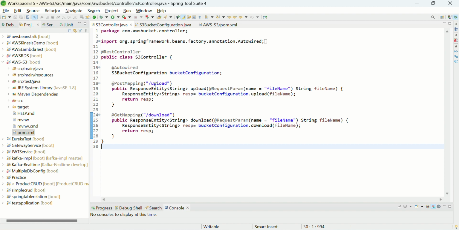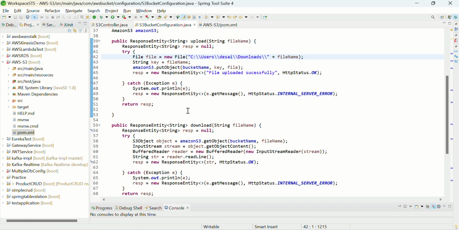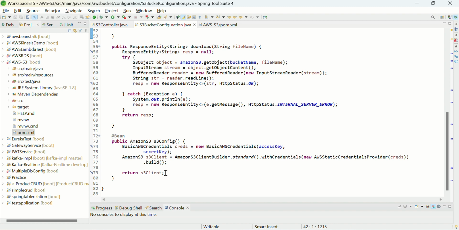So I've created two controllers, one for upload and one for download, taking the parameter as file name. And coming to the configuration part, I've created a bean with S3 config and provided the credentials. Here I created an access key and secret key. So I created a programmatic IAM user. You can refer to the IAM user video on my channel where I've shown how we can create an IAM user and provide access key and secret key to use these services. So using those access key and secret key, I'm creating an AWS credentials object